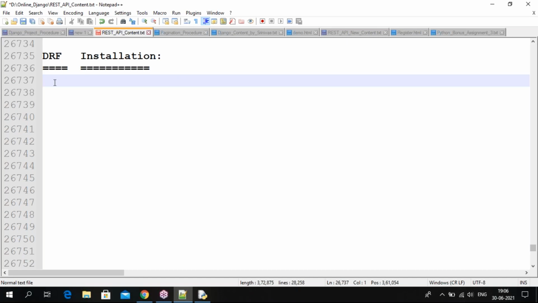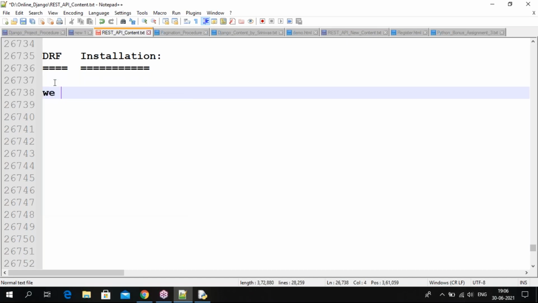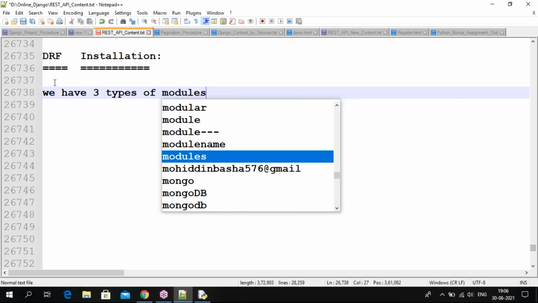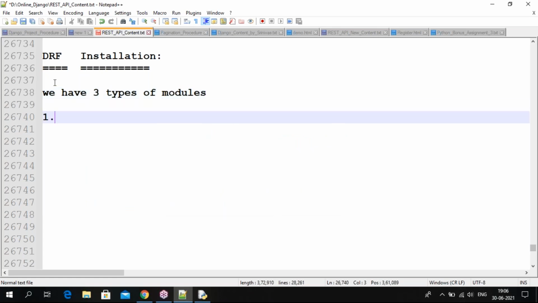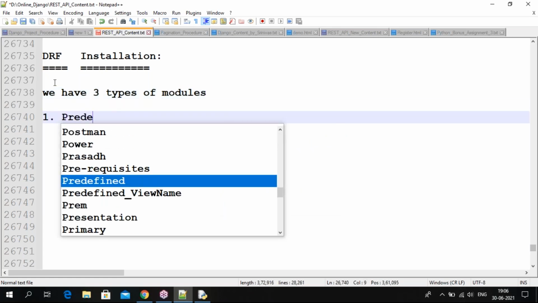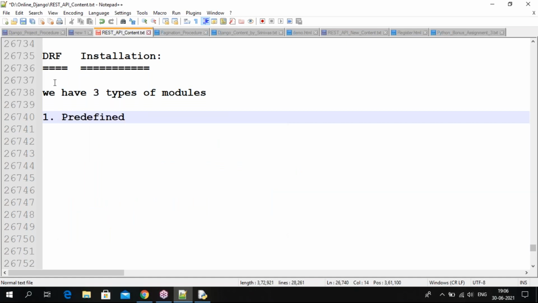We have three types of modules. What are those? One is predefined or built-in modules.